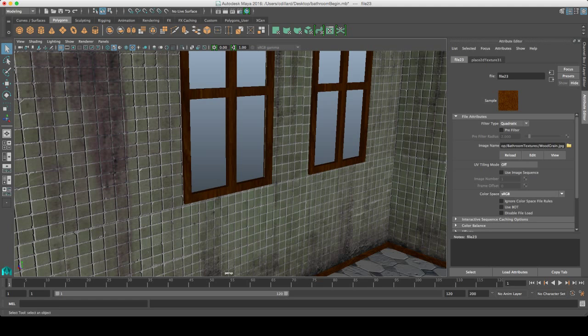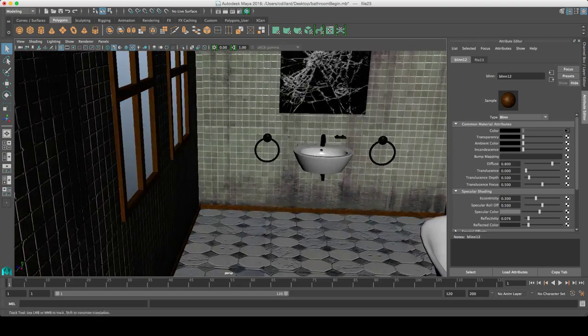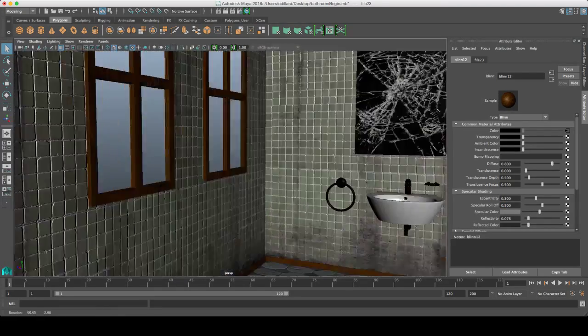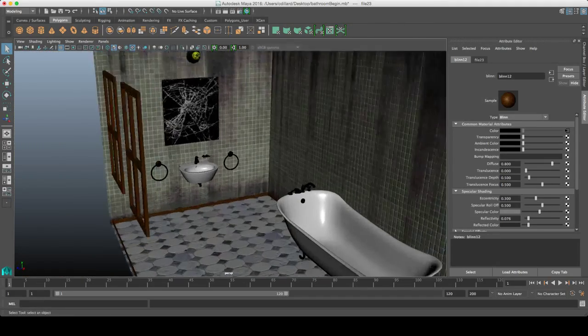Alright, and come back out of it here, and we'll change the reflective color to not be quite so black, but we'll change the reflectivity down a lot. And we'll kind of make the specular color a little bit blacker. Specular roll off we'll set back to the default. Alright, so now with all of this done,